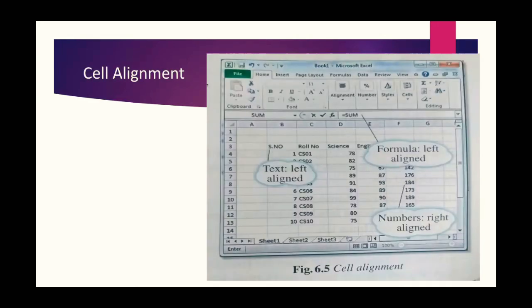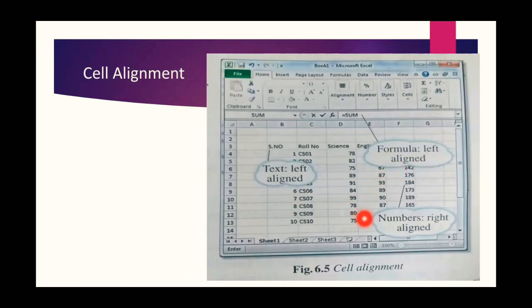Cell alignment. A cell can contain text, numbers or a mathematical formula. By default, text entries are left aligned. Numbers are right aligned.